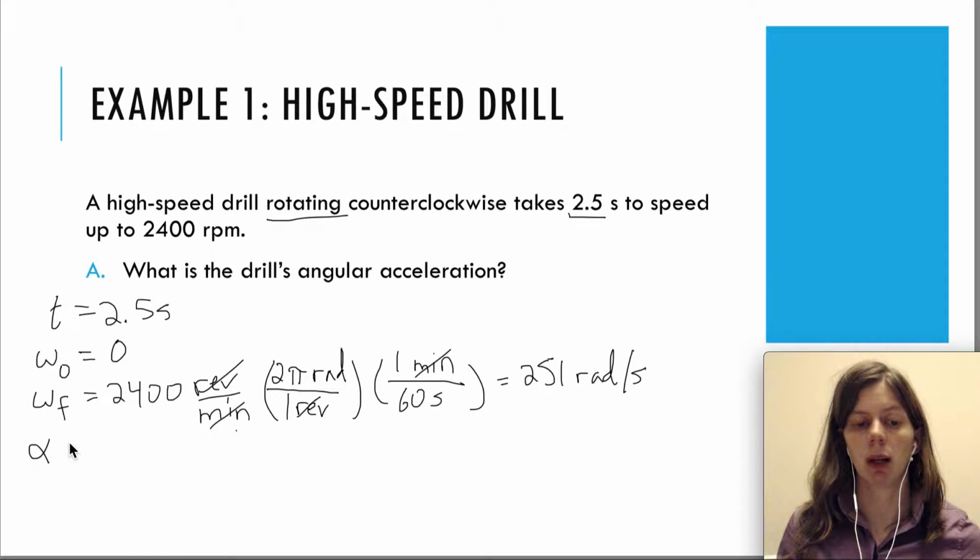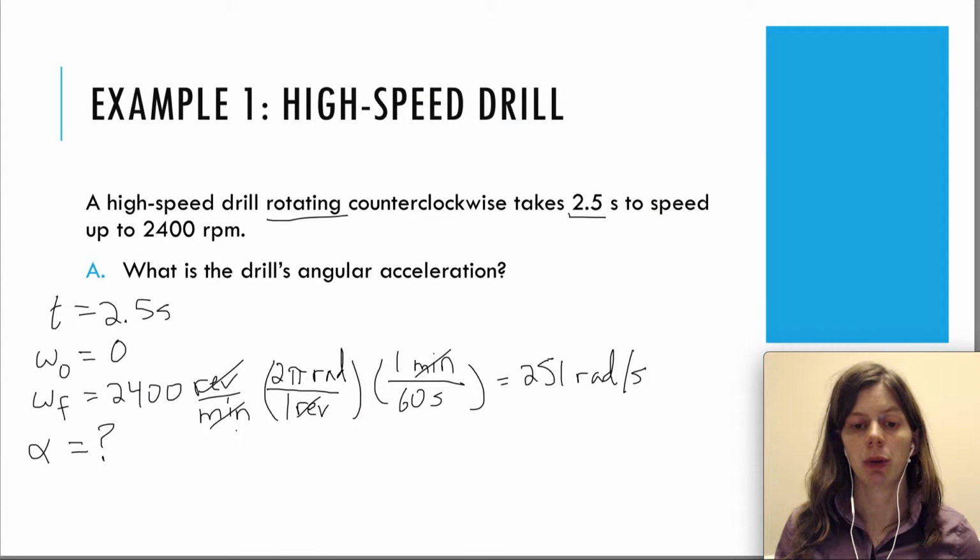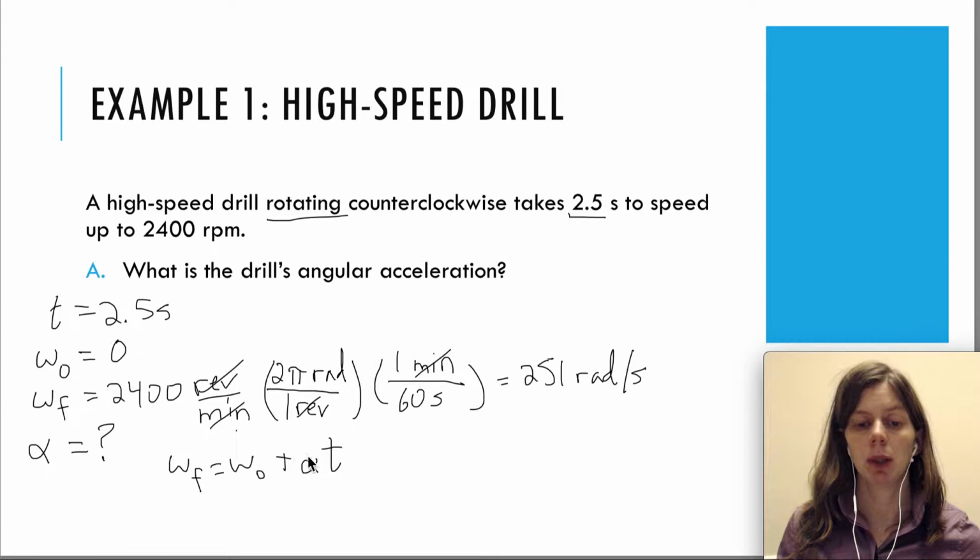And we're looking for angular acceleration. So we have defined 3 variables. We're looking for the 4th one. We need to figure out which equation to use in order to solve for the acceleration. So if I go back to the equations, we see that we have omega initial, omega final, and time. We're looking for alpha. So we're going to use this first equation here. It has all the variables that we need. I'm going to write it down. Omega final